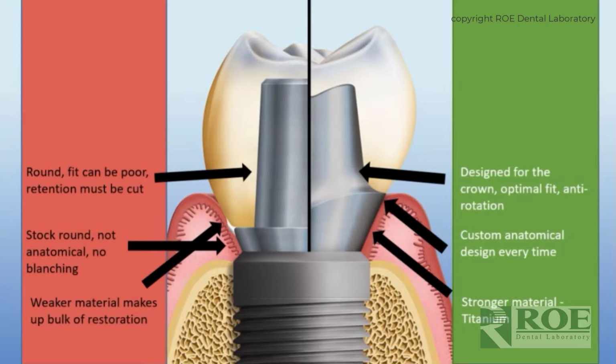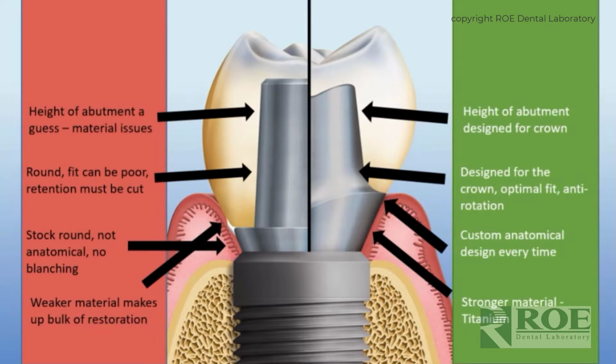Better retention and longevity. The height of an abutment is generally guesswork with a stock abutment. Most companies have tall or short, and that is not an effective way to retain a crown or to fill that void. And a custom abutment is always crown designed first, then the abutment is designed within the crown. Therefore, the abutment will fill the optimal space within the crown and have the optimal height for crown retention and